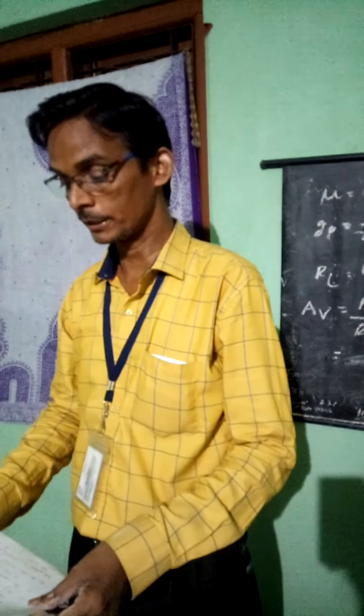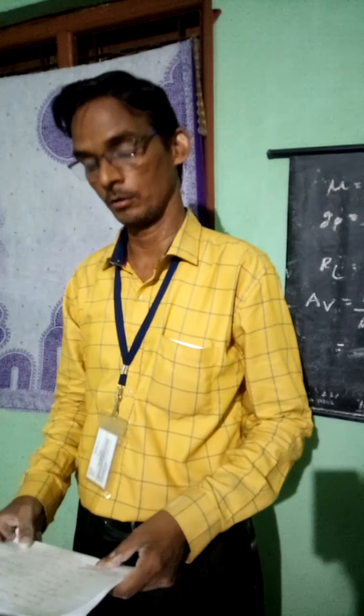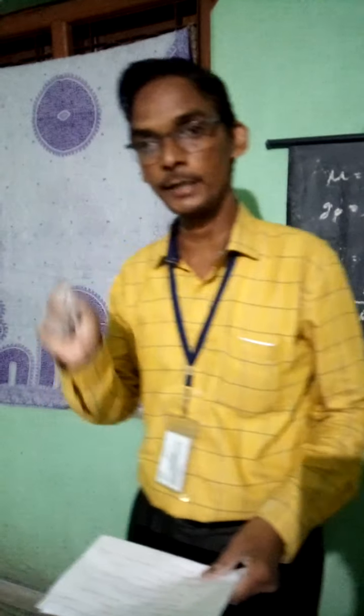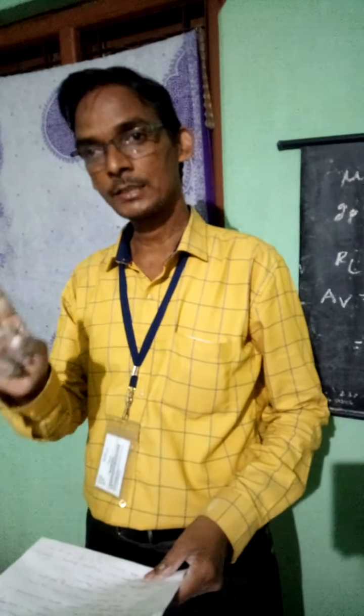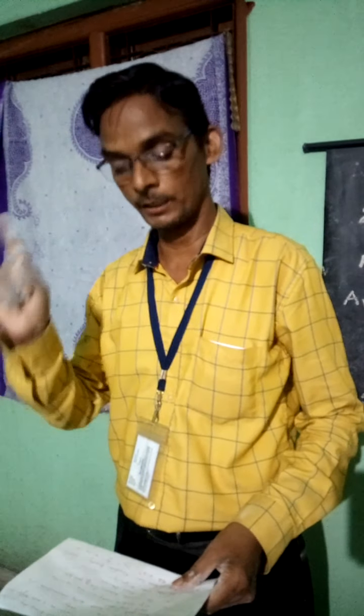Another question somebody has asked: the emission current density from a heated filament obeys which rule or law? That law is called the Richardson-Dushman law. You have written Richardson-Dushman law. Some students are giving the answer Child's law. No, wrong. Emission current density is the emission current divided by the surface area of the metal surface. So the emission current density from a heated filament obeys the Richardson-Dushman equation.